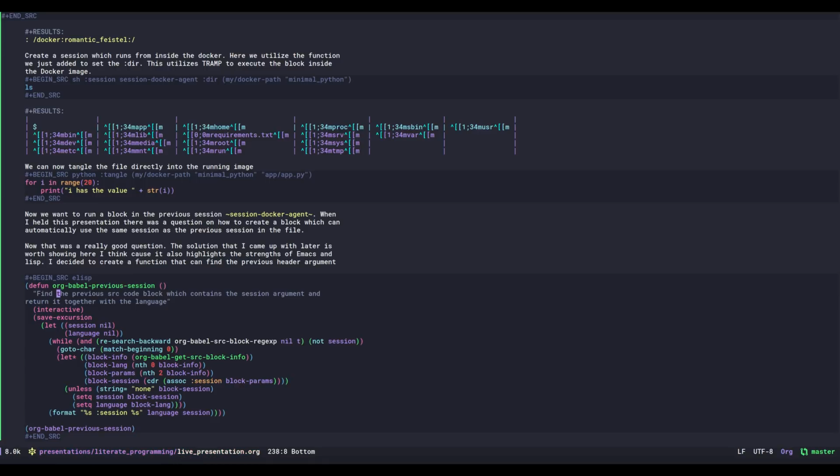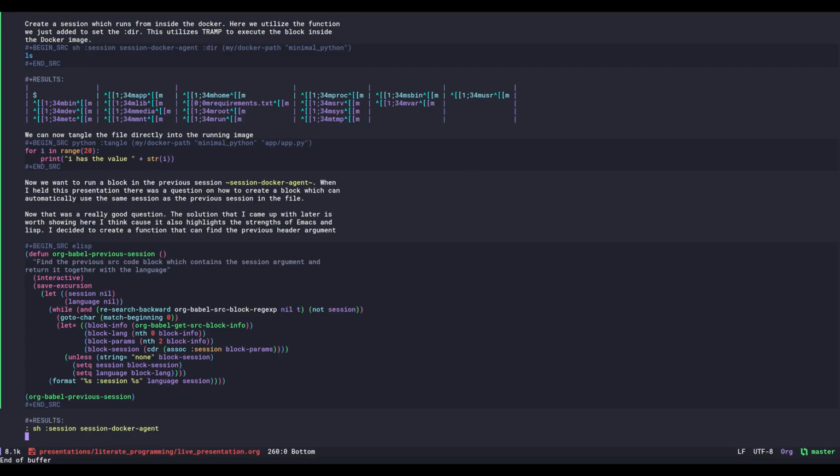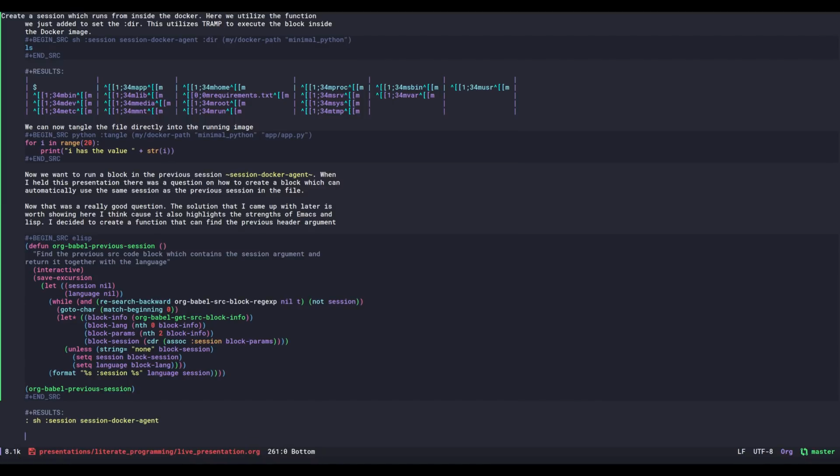So here I have a function. What the function does is that it goes from where the cursor is, moves backwards in the buffer through only source code blocks. And once it finds a block that has the session argument, it will return that session name together with the language that it uses. So if I execute this block, you can see that it finds this previous block which was using shell and had a session Docker agent. Right, that's perfect, that's what I would like to